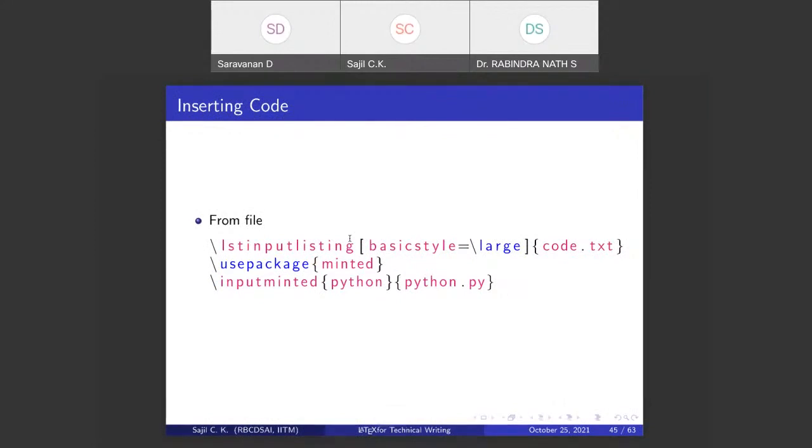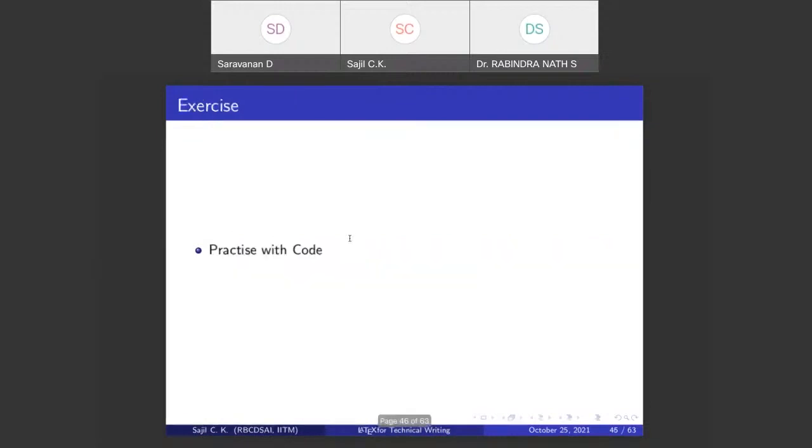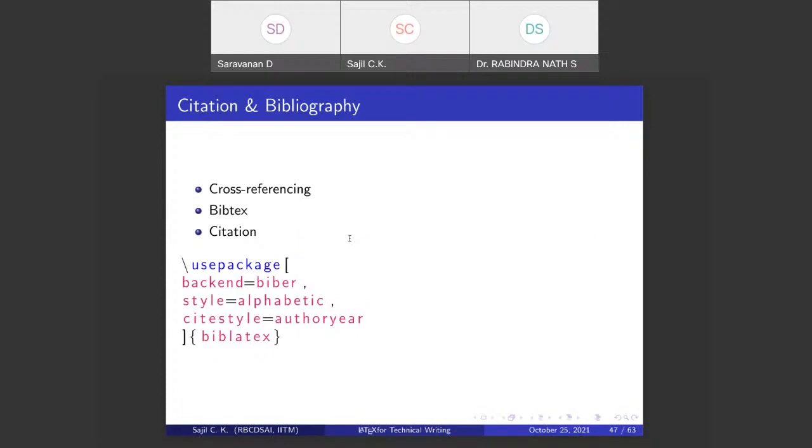So we have seen how to insert source code into your document also, and you can practice this. Now we have the most important part when it comes to compiling and typesetting documents, which is managing the citations, references and bibliography. We have already seen how to do cross-referencing, like referencing the equations, tables, figures, etc. Okay, there is one question, how to use